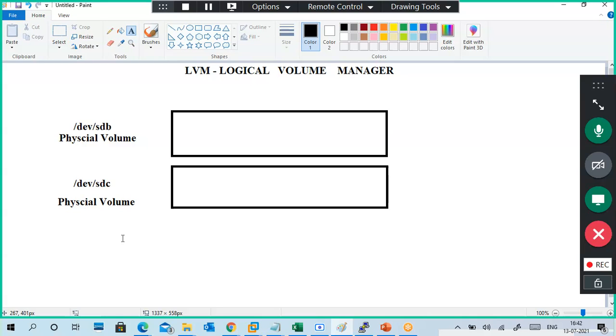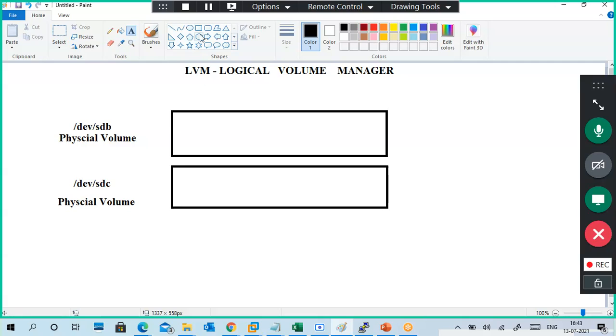First of all, we have to tell our machine this is a physical volume. This is physical volume 1, physical volume 2. This is my slash dev slash sdb and sdc. Both are physical volumes. First we have to tell the machine this is a physical volume.